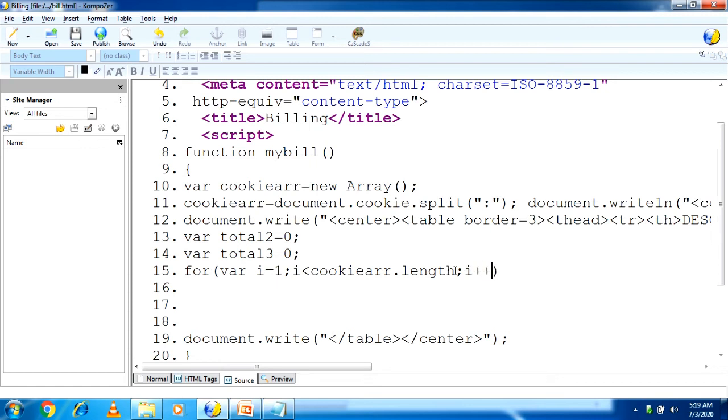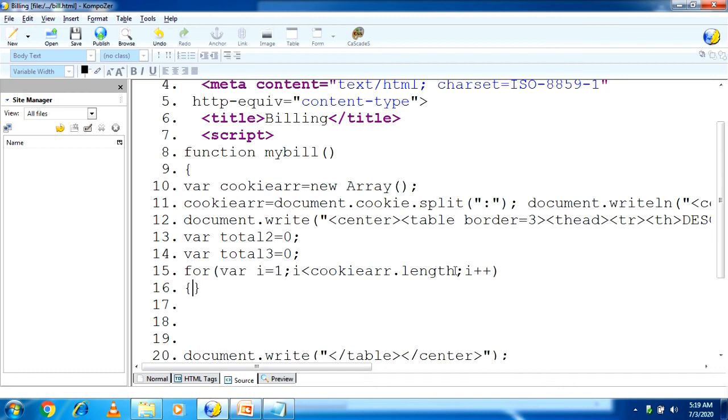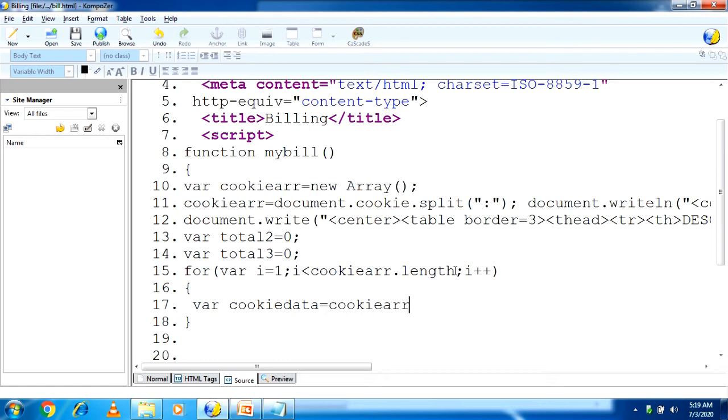So plus plus means the value will be increased by 1. So in the for loop I am writing var cookieData = cookieArray[i].split. What do we have to split? Comma. So it will separate it first, and after that